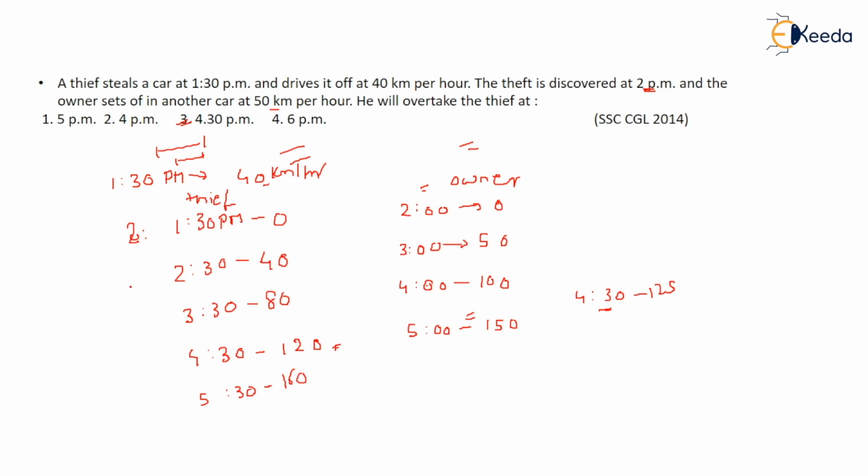Otherwise there is another way. You just have to check the relative speed. If they are going in the same direction, then their speeds get subtracted. So you have to see the relative speed, and then calculate the distance which is increasing or decreasing. That we will cover in the train chapter, where I will be covering it in depth, but you can simply do this. This is very simple to understand as well as to find the answer.